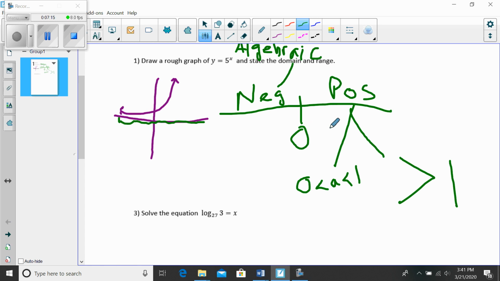So I would start talking to the student, well, what kinds of things can I input? Domain is input. So I would ask them, can I input positive numbers? What would happen if I input a number like 2? Would I get an output? Sure. And if I input 2, I get an output of 25. And then I'd be asking them, now pay attention to what kind of outputs you're getting, because that's going to help you figure out range. So maybe I'd encourage them to write a table of values,